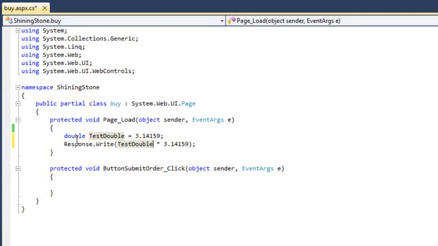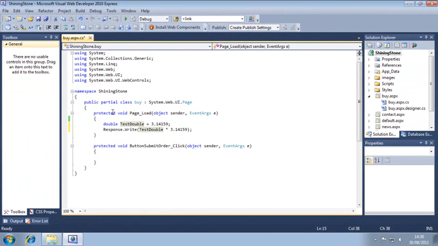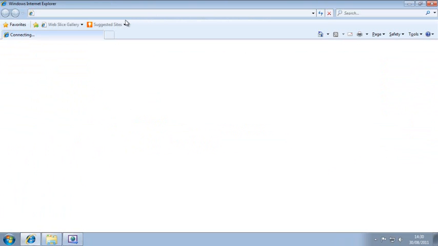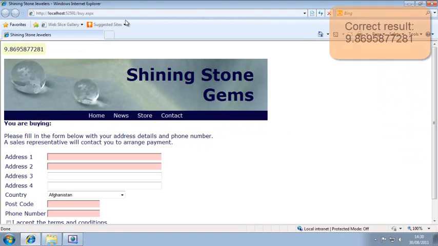You may recall that you had to put an f after the float value for it to be recognized as a float. You don't need to put any symbol after double values. Visual Studio assumes that any number with decimal places is a double by default. View the page in your browser, and this time the correct result is displayed. Close your browser,